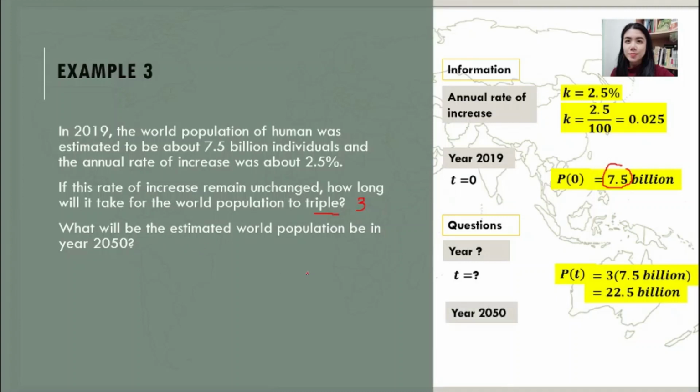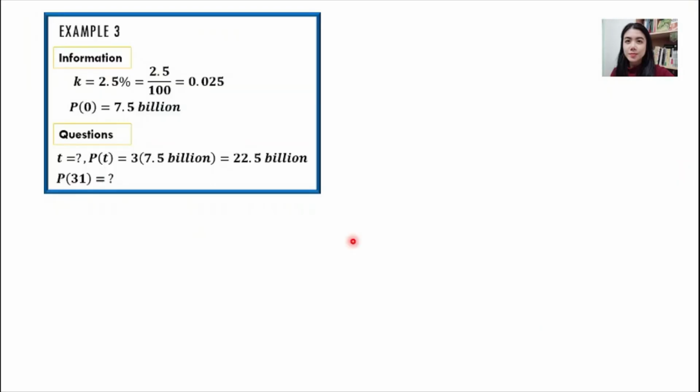So year 2050 means that your time is equal to 2050 minus 2019, that gives you 31. So we are interested to know what the population is at the time equal to 30. Okay, so you can write P30 equal to a question mark. So once we have gathered the information for example 3, let's begin to solve this example